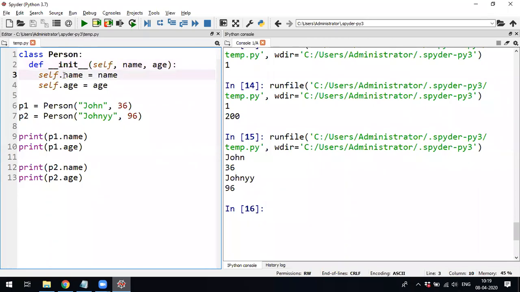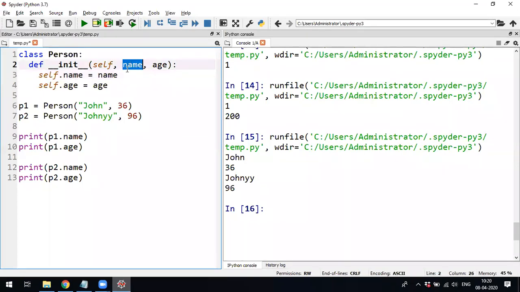Self dot name. See, if I don't write this self dot name equals name, what is the meaning? Whether this value that you have passed has to be assigned, whether this is an attribute or this is an argument parameter, that is a doubt. For that reason, if you write like this, self dot or this dot, what is this?